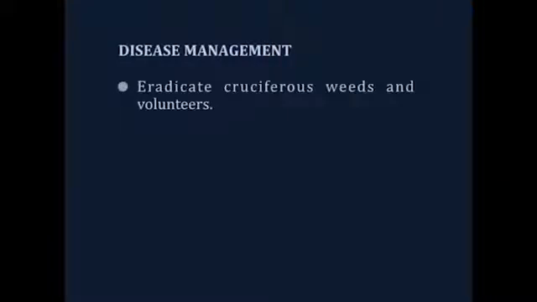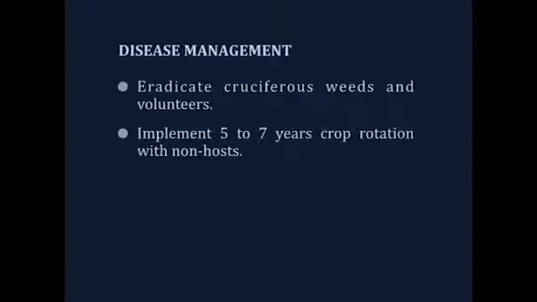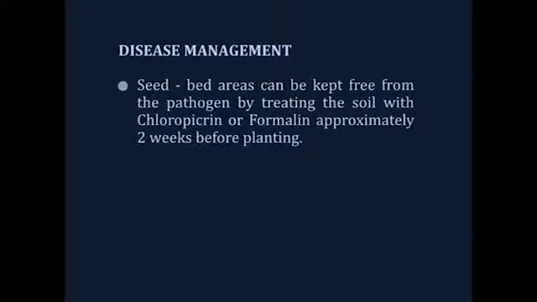Eradicate cruciferous weeds and volunteers. Implement 5 to 7 years crop rotation with non-host. Lime soil to a pH of 7.3 or more. Seedbed areas can be kept free from the pathogen by treating the soil with chloropicrin or formalin approximately 2 weeks